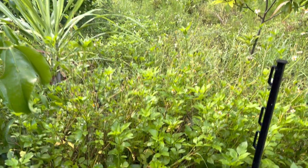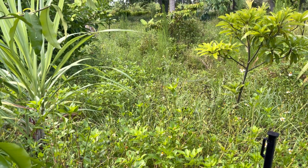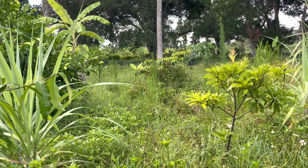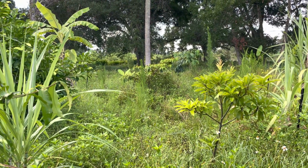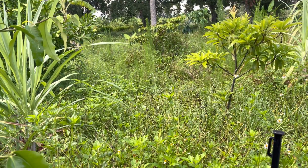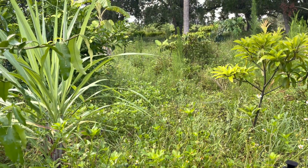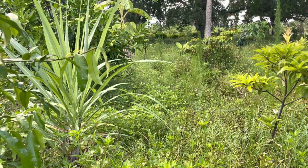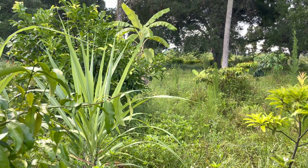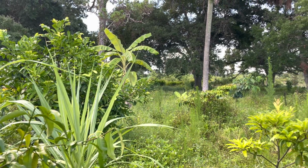So if you don't have the living root in the ground, you're not going to be able to grow a Nona tree without having to water it if you don't have a living system like this. The wood chips prevent the water from moving through the soil, and it probably started out as lawn, so it's probably really compacted, so it was degraded white sand that you put wood chips over, and